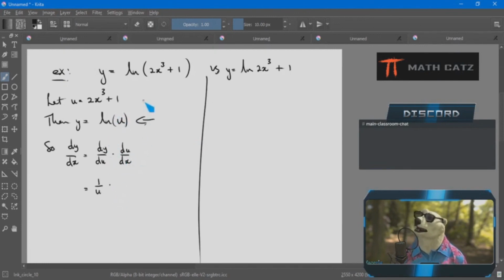Second part of the chain rule, I'm going to look for my u function. So it is going to be 6x squared. Finish it by writing what the u actually means. Now, some people like to put the 6x on top and make it one single fraction. I don't like that because